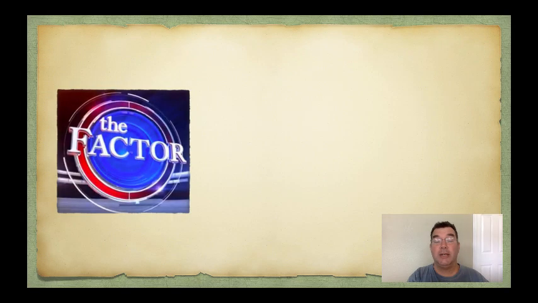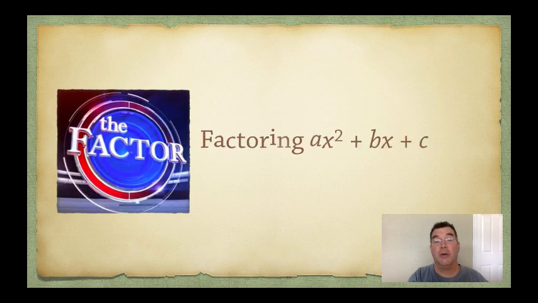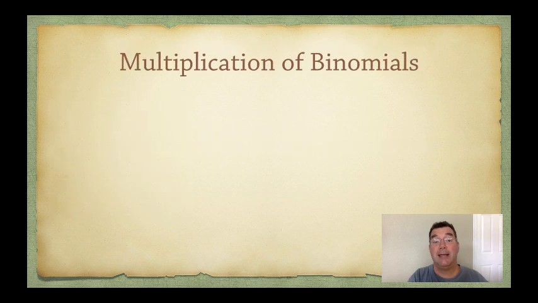Hello again. We are continuing our discussion of factoring polynomials, and again we're going to be talking about a very special case, and those are polynomials that are of the form ax squared plus bx plus c. So there's a number multiplied by an x squared, there's a number multiplied by x, and then there's a constant at the end. All right, so again, like we did in the last lesson,